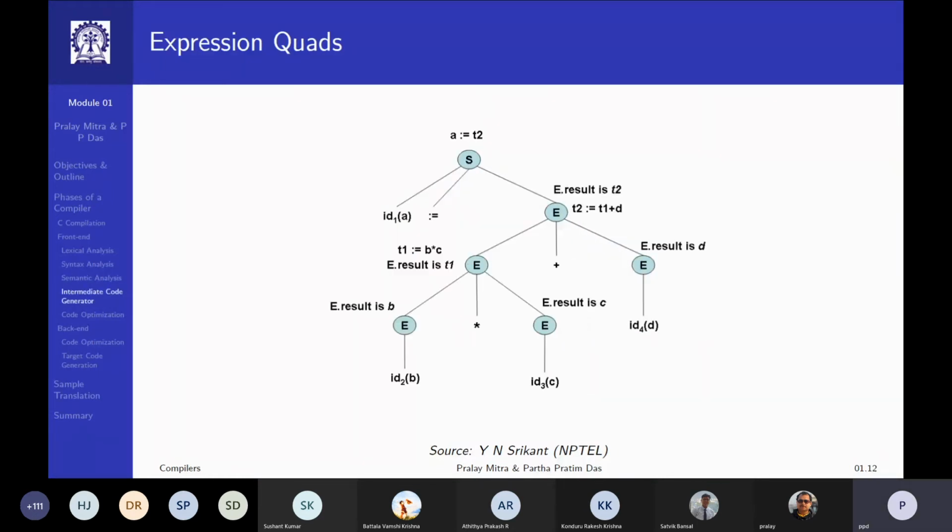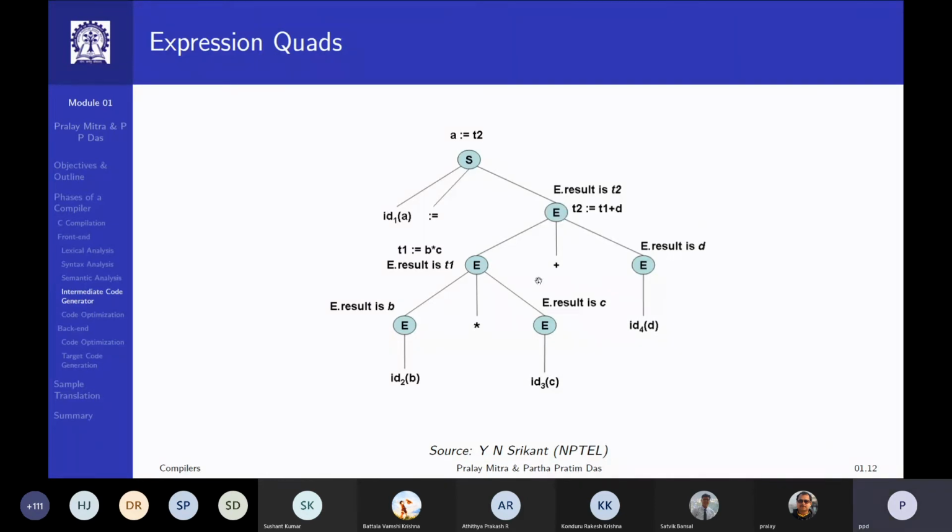Now, the same information can be represented in terms of an alternate representation than the syntax tree, which we typically call a parse tree, where we say that an expression is an expression times another expression, or an expression is an expression plus another expression.